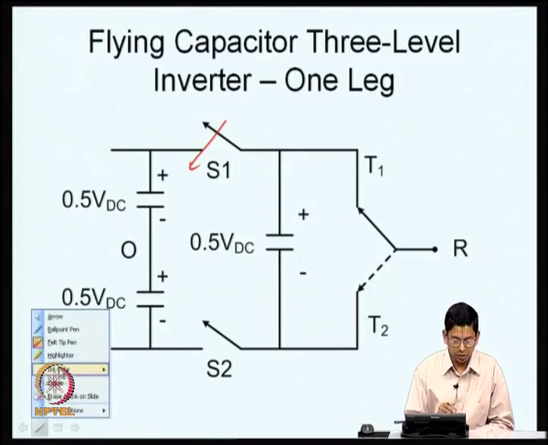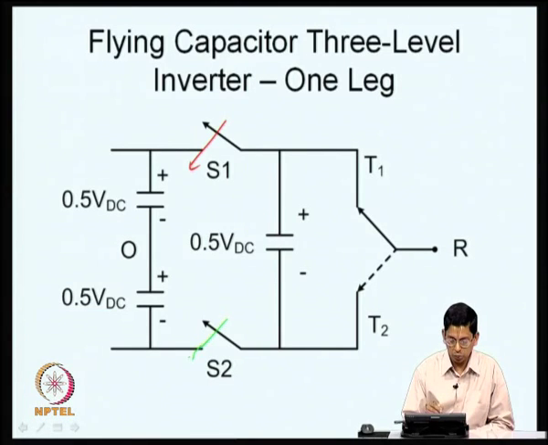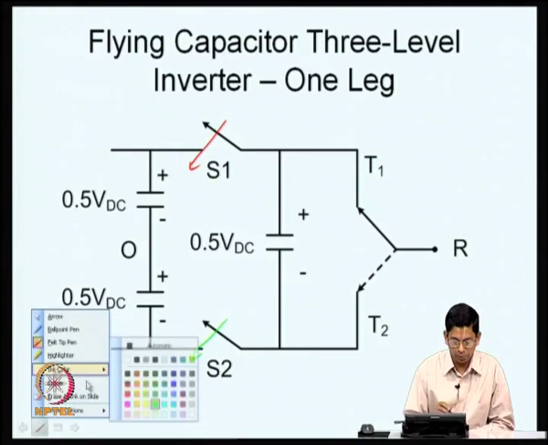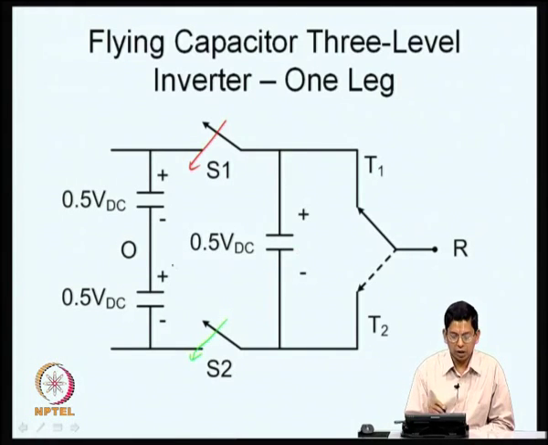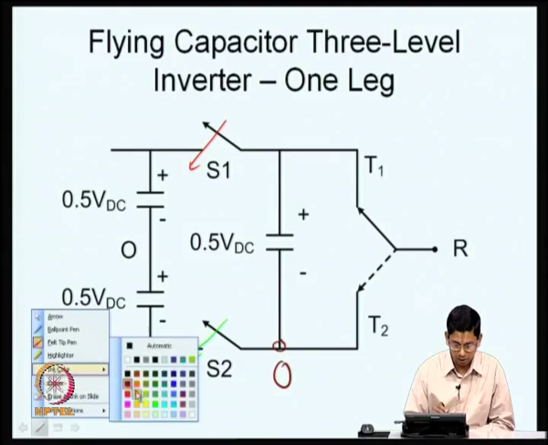So, then the other possibility, for example, is S2 is closed and S1 is open. In such a scenario, again this is connected in series, but the polarity of this is reversed now. So, in this case, if you have connected here, you will get this potential at O, let us say, if the top is turned on. So, this is plus minus and you have plus and minus, and this is where you get the potential of O.